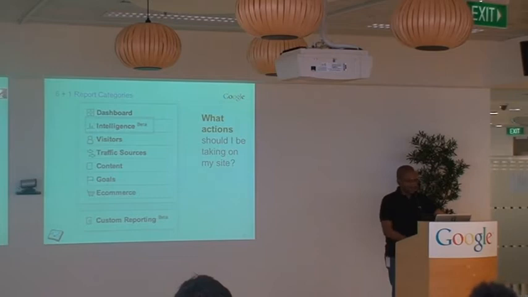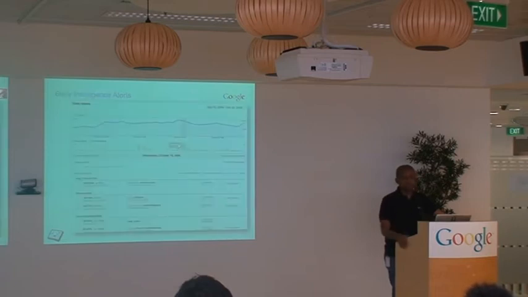Okay, and then finally we also have a new set of reports called the intelligence reports. And I really love these because on a daily basis it tells you what has changed significantly in your traffic in the last 24 hours. So for any of you who's had the boss ask you what's changed in the last 24 hours, where have there been the significant shifts, you would have to previously pull a lot of data from Google Analytics, a lot of Excel spreadsheets, a lot of number crunching, and you might get the answer out to your boss 4 or 5 days later. With this, you can actually get it in 4 or 5 seconds.